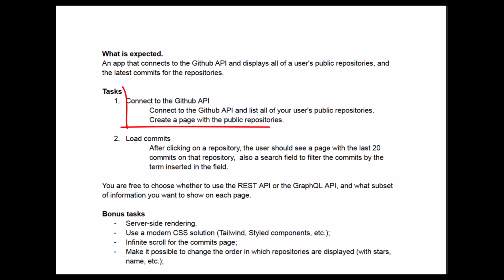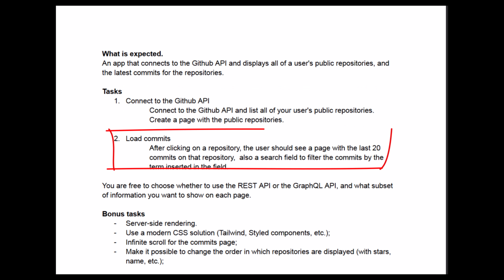The first task is to connect the GitHub API and display all public repositories. The second task is to load commits after clicking a single repository, and we'll have search functionality to search for commits by terms. For this tutorial, we are going to use a REST API,